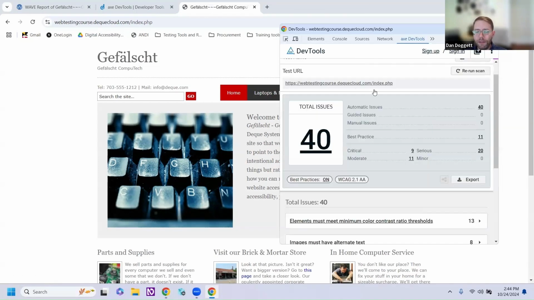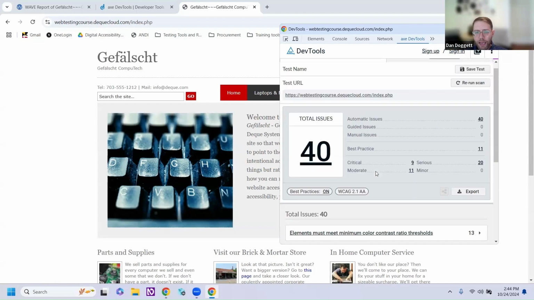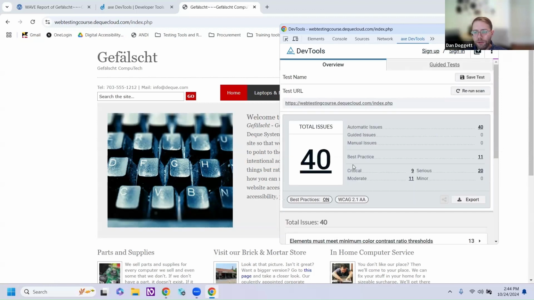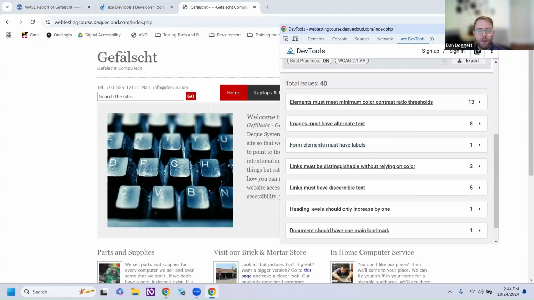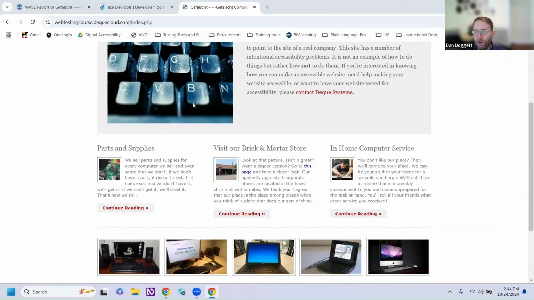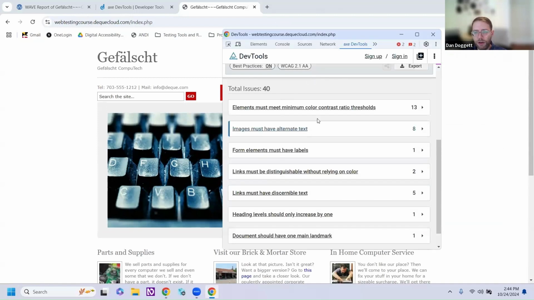Okay, so here I have my report. It says a total of 40 issues, and you can see here the layout is a little bit different. Notice that there's not a bunch of popped up icons on the page. I could look at the web page the same way I would normally. It's not like Wave where it sort of changes what's on the screen,